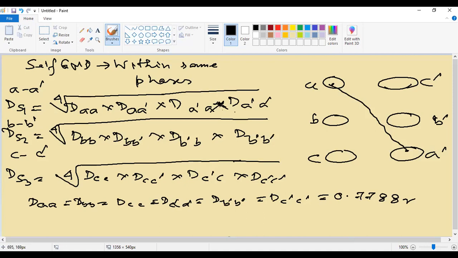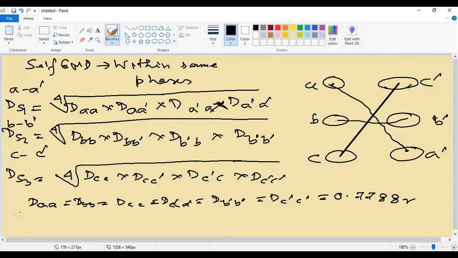But when we are talking about this particular part between A and A dashed, that is their mutual distance. A dashed and A, that is their mutual distance. B and B dashed means this distance from here to here, this particular point. Between B dashed and B, this is the reverse distance. Now, let us say between C and C dashed, this will be this particular distance. Okay, like that.